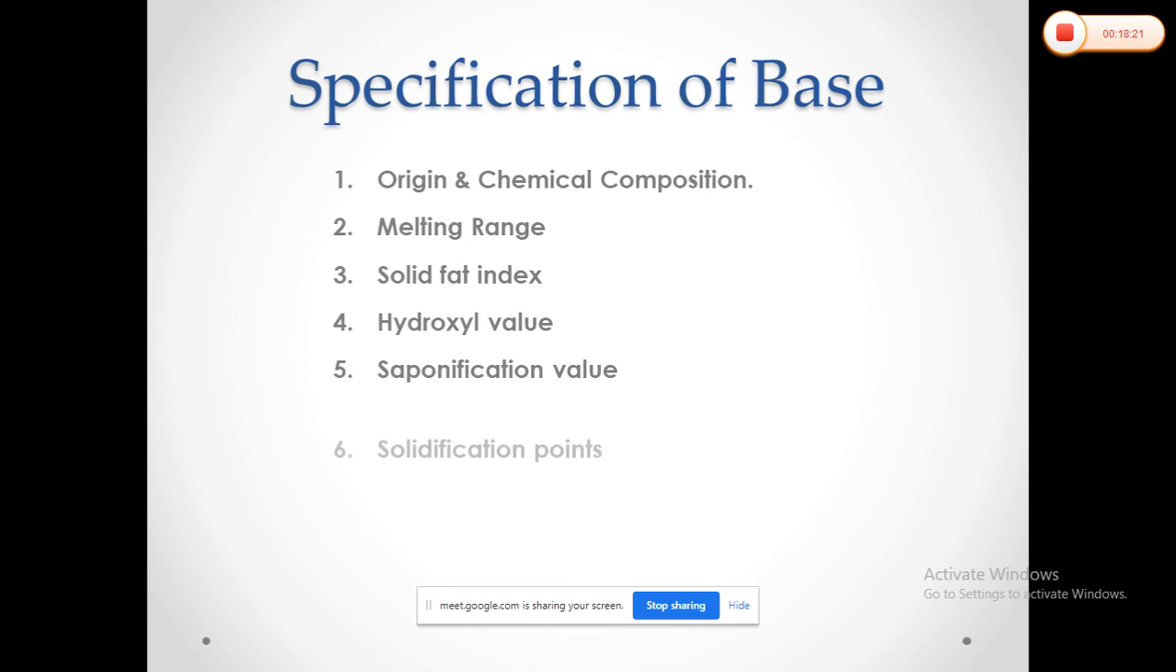Sorry. Then solidification point. So it predicts the time required for solidifying the base when it is chilled in the mold. So like a solid fat index also. So basically, if the interval between the melting range or the melting point and the solidification point is 10% or more, त्या दोघांचा डिफरन्स जर हा 10% पेक्षा मोर असेल जास्त असेल, so obviously the time required for the solidification has to be shortened